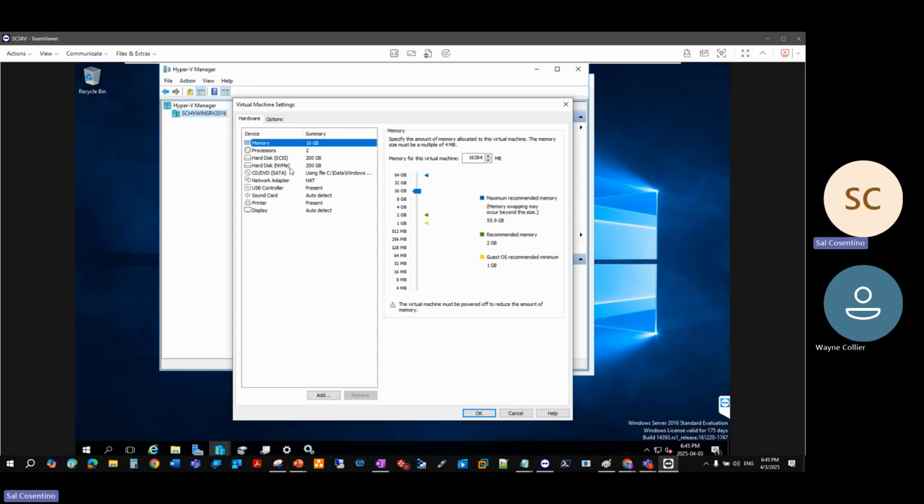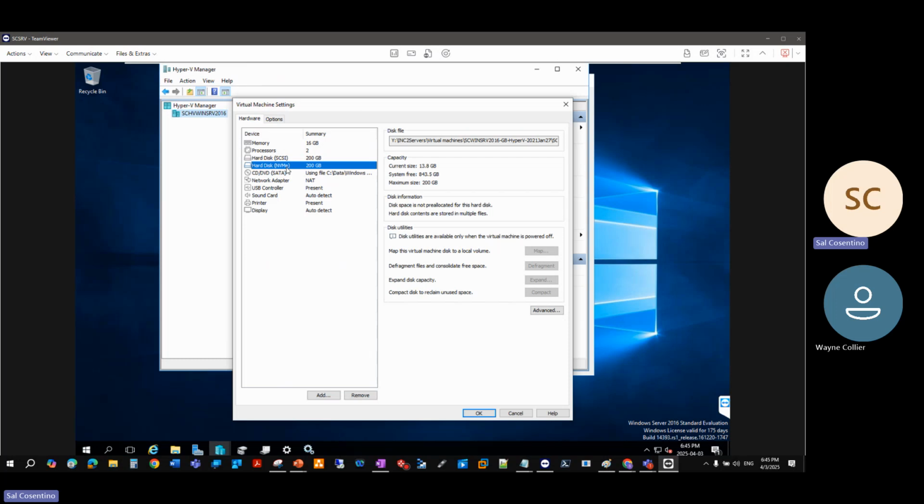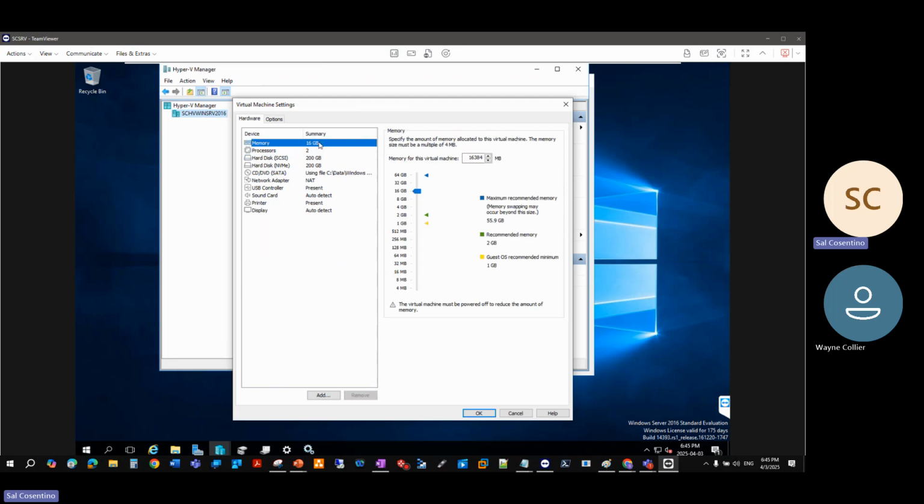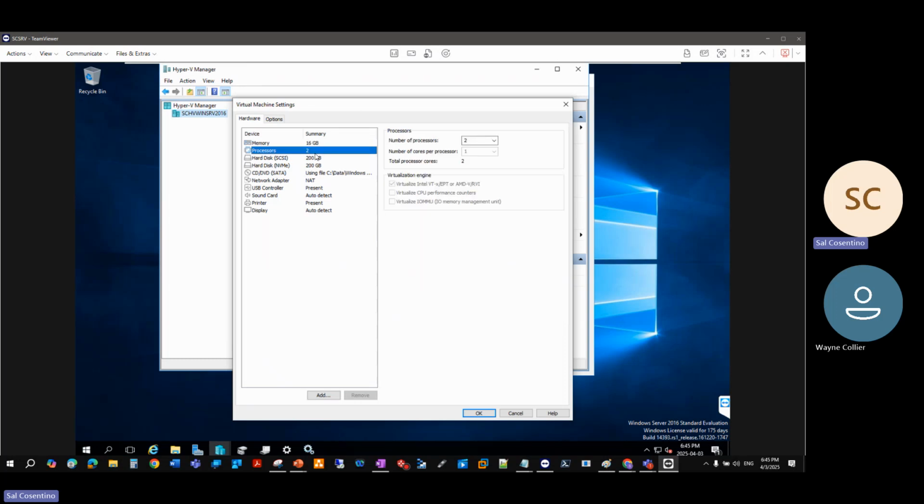So I have my non-volatile disk, which is created offline, and then I have my SCSI when it turned online, which is also recommended, and I gave it 16 GB memory, and then I gave it two logical processors,